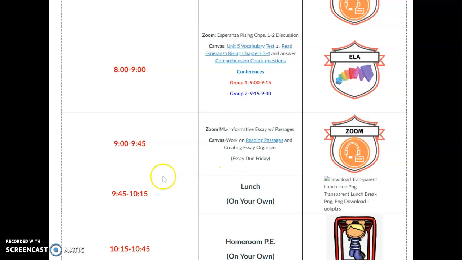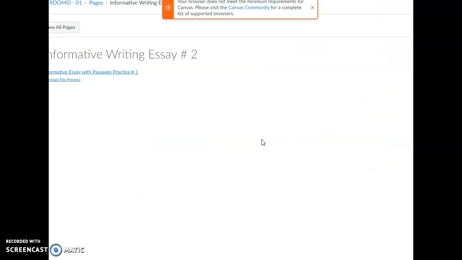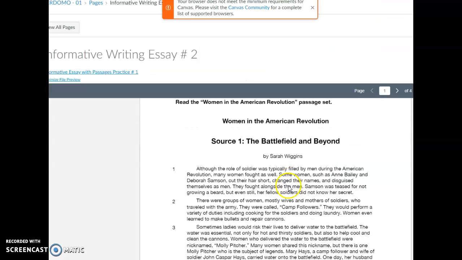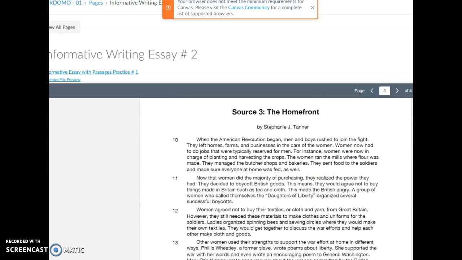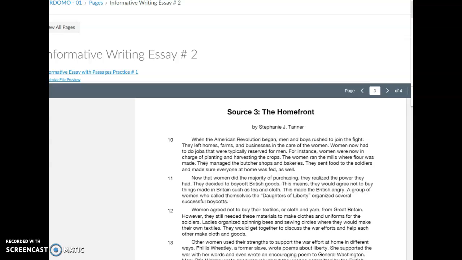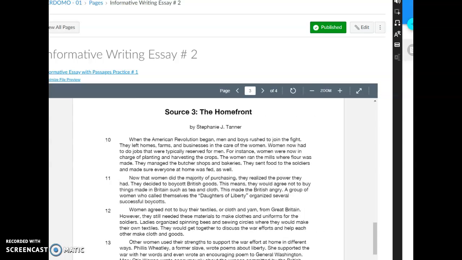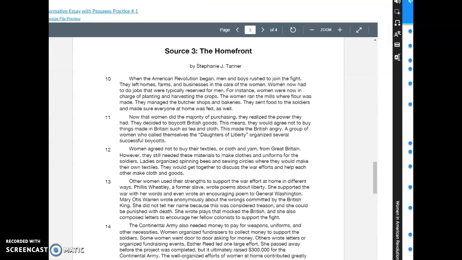Let me just share with you some of the information that I did today with the students. So we're familiar with the reading of the passages, how there are 3 passages, source 1, source 2, and source 3. I've been showing the students that on Snap and Read, once you start Snap and Read, you can show your outlines. So here's my outline where I've been writing down all the key information and information that I particularly like that I can use later.